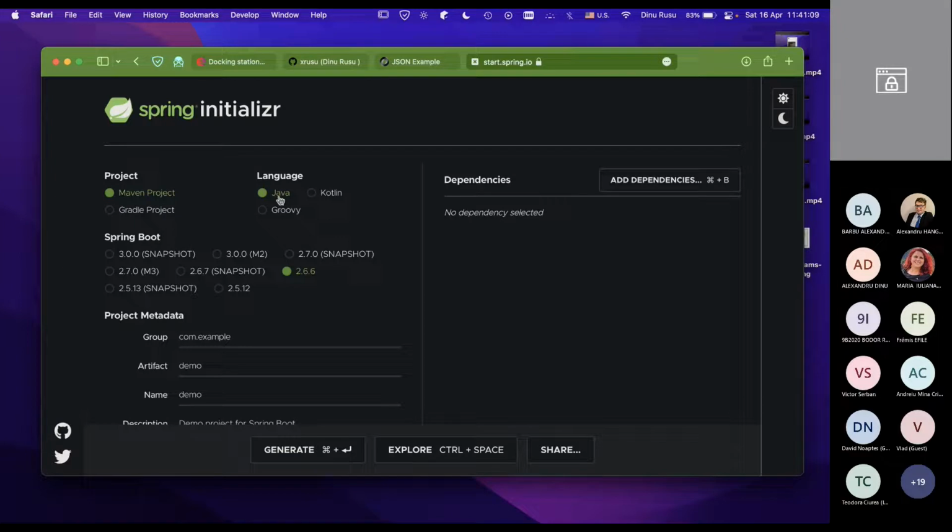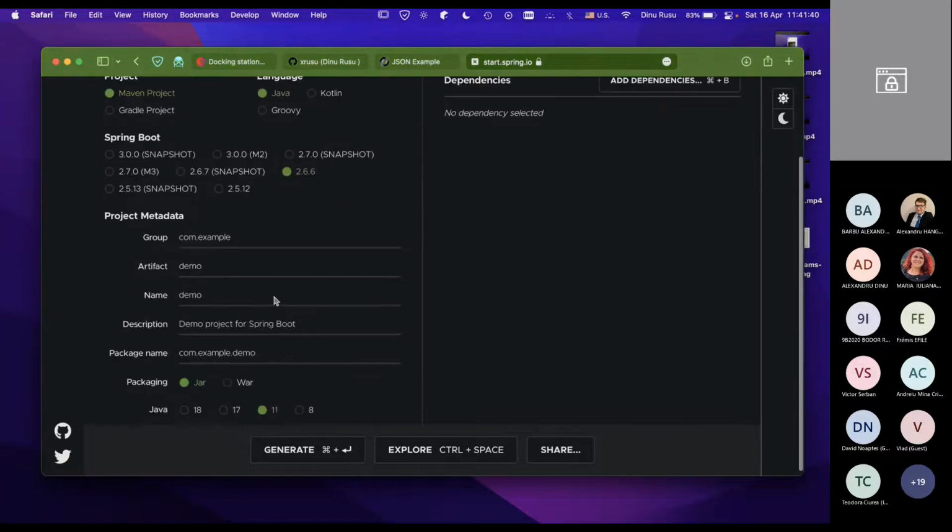The language, you can have Java, Kotlin, or Groovy. Spring is used not only for Java, it can also be used for Kotlin and Groovy, but at the time of speaking, Java is the most popular one. You also have multiple versions of Spring. These are the snapshots, and M2 are, we could say, unstable, so I recommend you use 2.6.6 or a later one, 2.5.12. Then you have